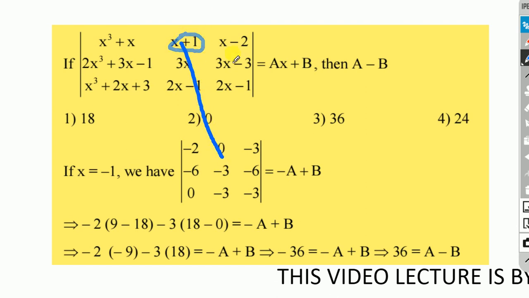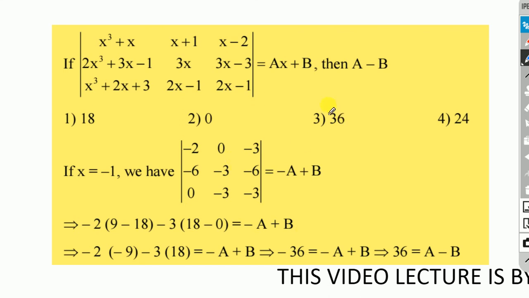So this is 0 here, and I have minus 3 again. Minus 1 minus 2 is here, so minus 2, minus 6, minus 1 will be minus 6 here. Minus 1 whole cube is minus 1, so minus 2, minus 1, minus 3. Minus 3, minus 3, minus 6. Here I have minus 3. 3 into minus 1 is minus 3, minus 3, minus 6. Then 0, minus 3, minus 3. That is, in the third row you get 0, minus 3, minus 3.